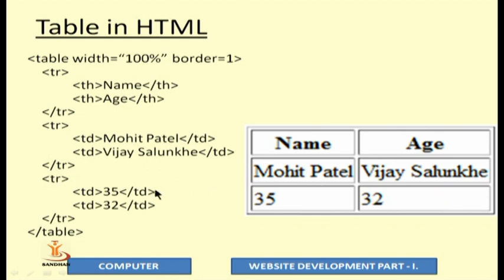The next row is the third row, covered with tr and /tr, and the values are 35 and 32. 35 is covered starting with td and ending with /td. 32 is covered starting with td and ending with /td. So to understand tables, first you need to understand how many rows and how many columns you want in your table. So if you have 4 rows and 3 columns, in that case 4 rows means